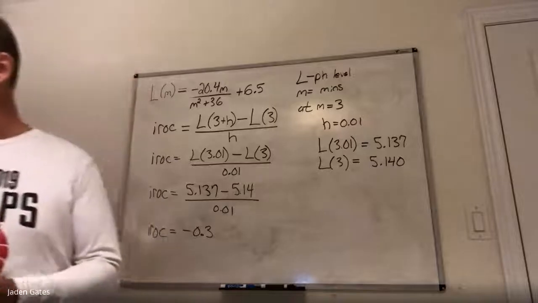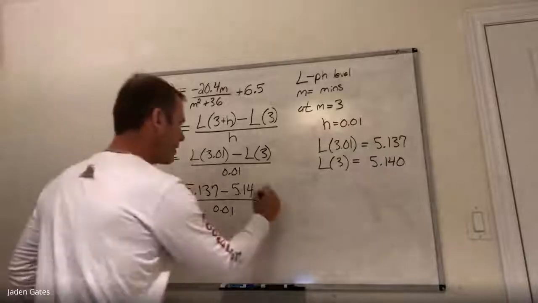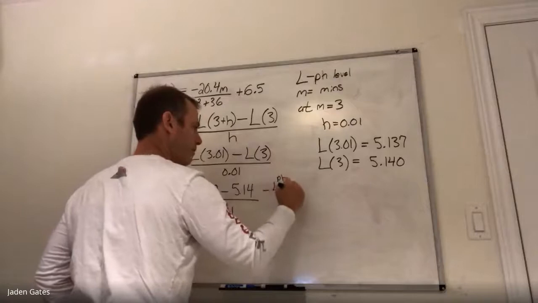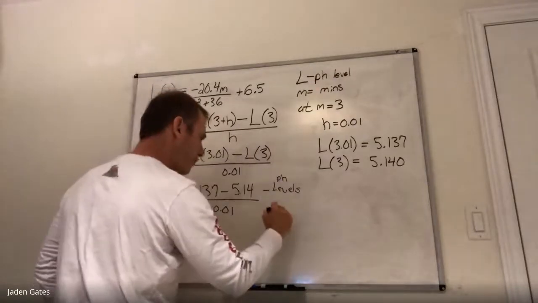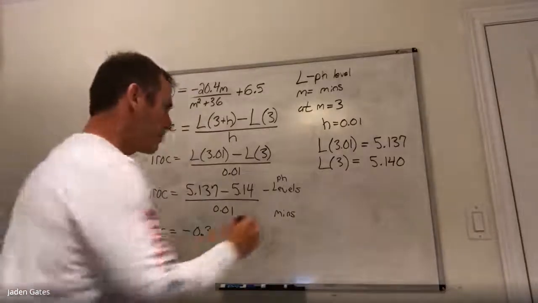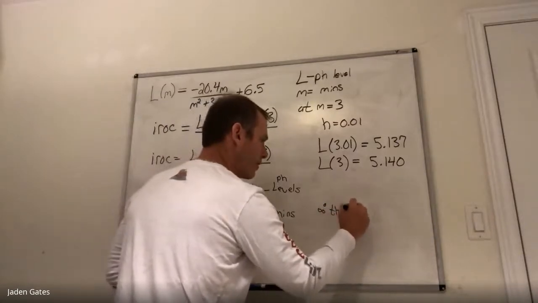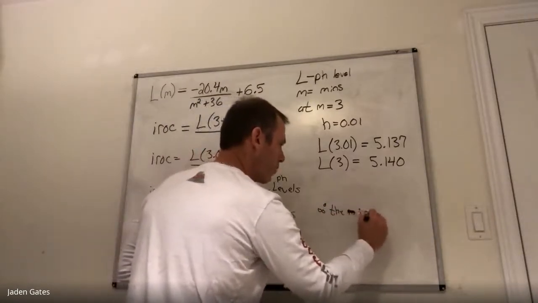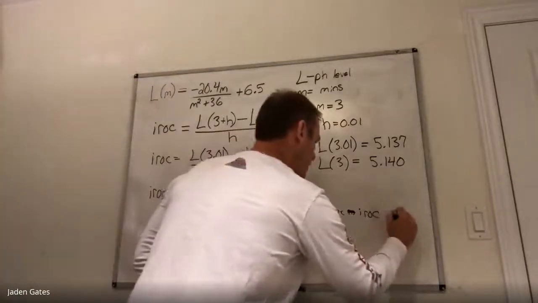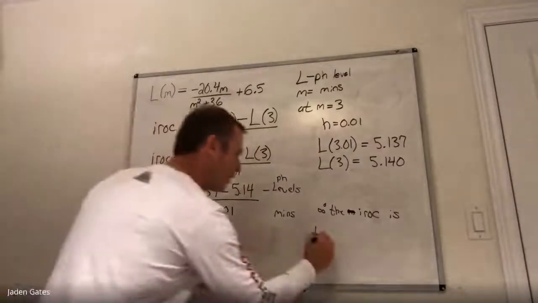Because now we have a situation here where this actually means something. On the top, that's our pH levels, and on the bottom, our units are minutes. So what our answer is telling us is, therefore, the instantaneous rate of change, IROC, is decreasing. That's what the negative sign is telling us, decreasing